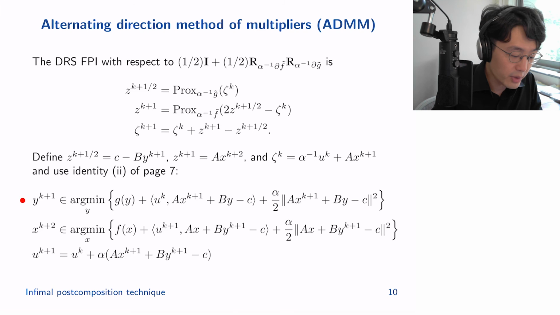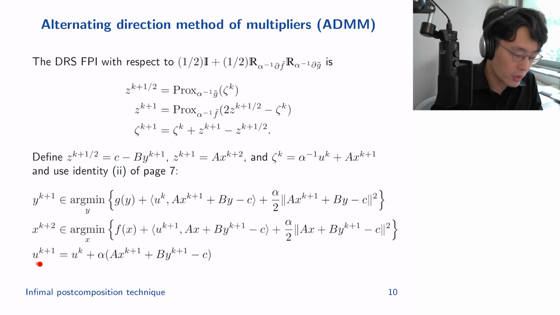So the y^{k+1} update iterate was computed in the previous step, so that's fine. But the u^{k+1} update is supposed to be computed in the next step, so the dependency of these iterates is not correct. And also the u^{k+1} iterate depends on x^{k+1}. It does not depend on x^{k+2}, so it's perfectly fine for us to swap the order of these two updates. So then once we swap the order of these two updates, the order of the updates becomes y^{k+1},